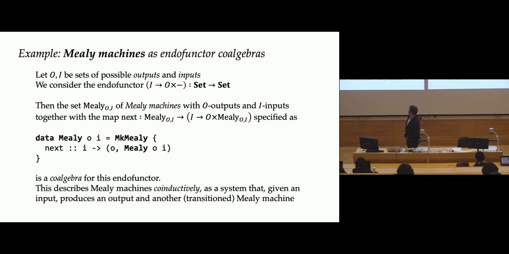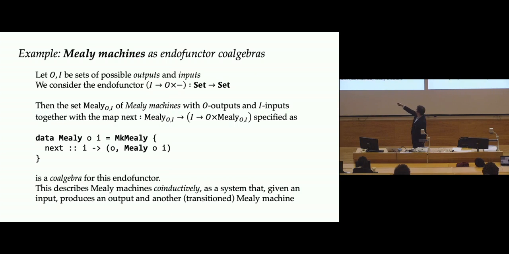So we can express these kinds of automata, like Mealy machines, as endofunctor coalgebras, right? Specifically, we look at this endofunctor here, an endofunctor that represents functions that take an input and produce an output and return blank. Once again, this is a mapping in Set to Set, and specifically the set Mealy OI of Mealy machines that have outputs in the set O and inputs in the set I are a carrier object for a coalgebra